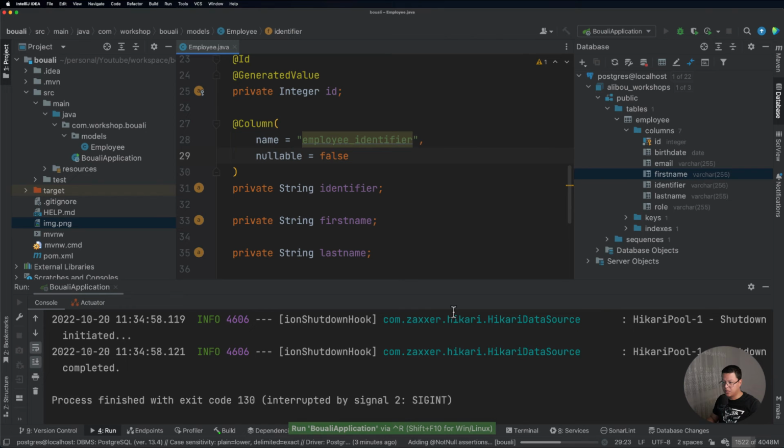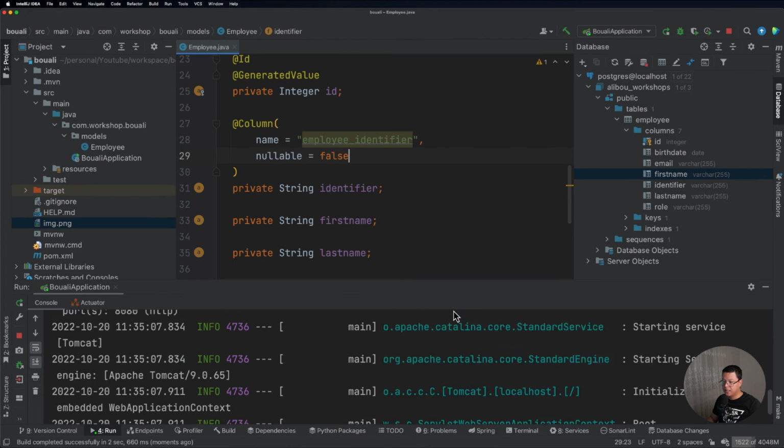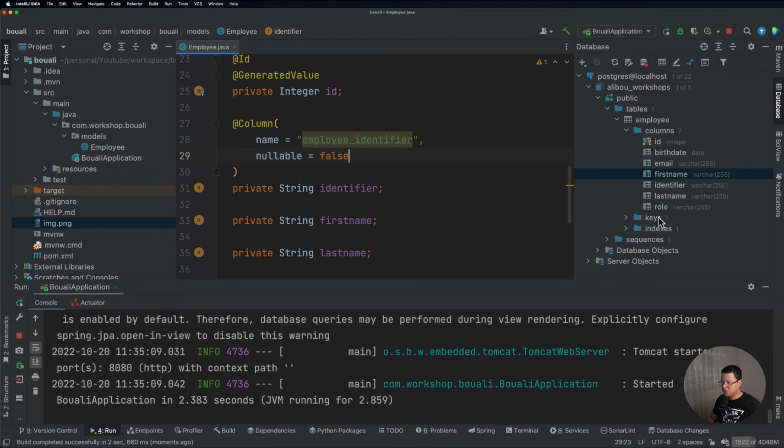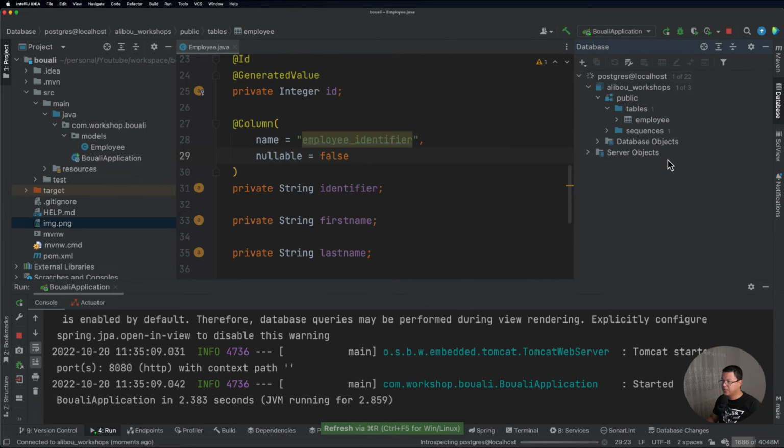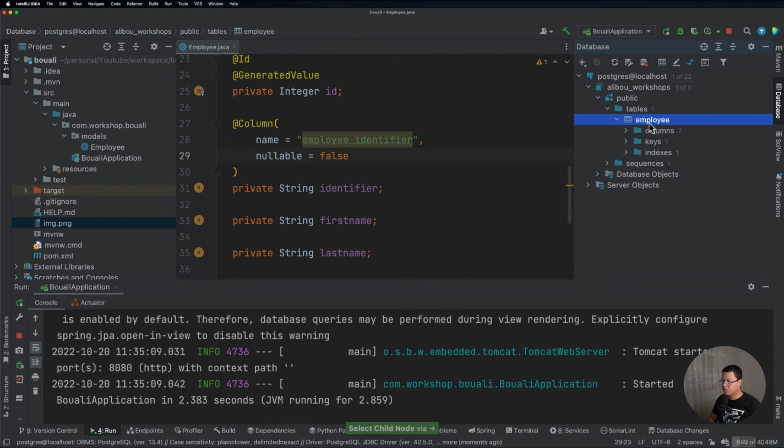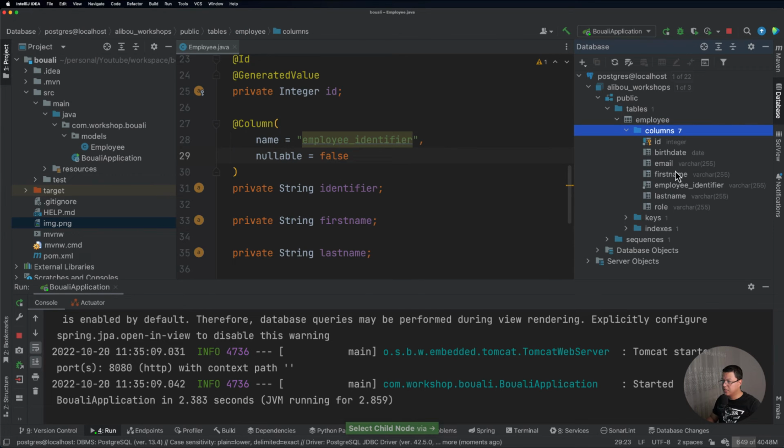I start the application, and then I will go ahead and refresh this table, and let's see what will happen here. We still have employee, the columns. Here we see that we no longer have a column called identifier, but we have an employee_identifier. Also you see this small dot right here.